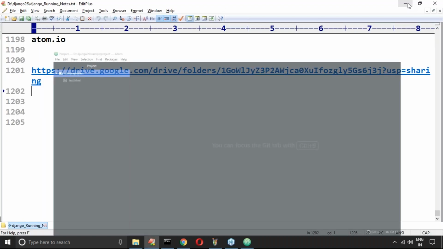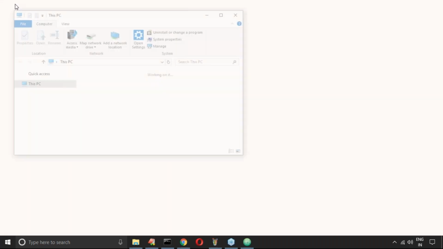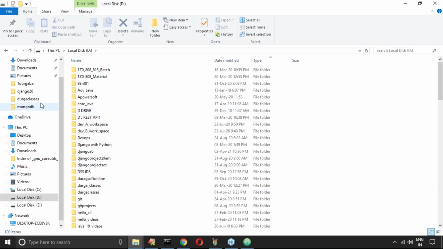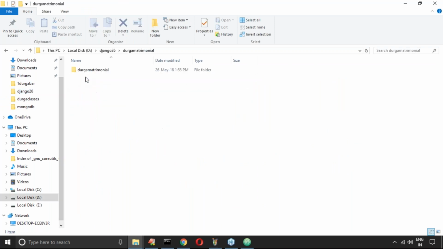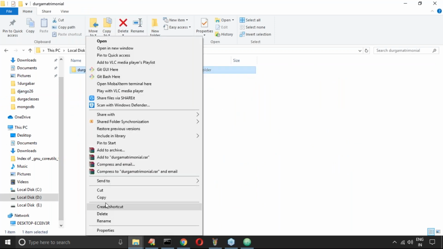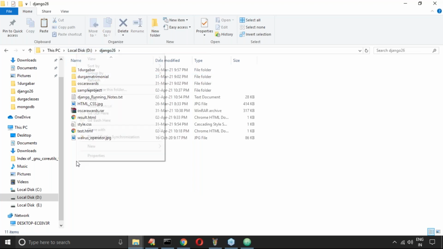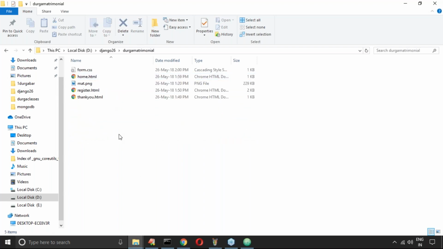One minute, there is one folder I want to use. In the D drive, the Django matrimonial folder is there. Observe carefully: I have one folder named matrimonial.